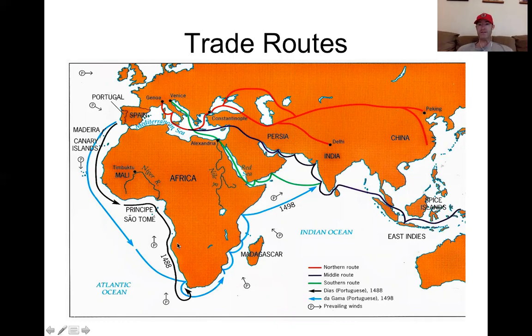Now, I don't know if it's necessary to memorize every single explorer, as we look at here in a moment. Certainly a few of them would be worthy of at least seeing their influence. As we're taking a look here, we're looking at Venice and current day Italy, but back then the Italian area. You're noticing Genoa as well, a lot of these connections. When we think of Constantinople, right? It's eventually going to be the fall of the